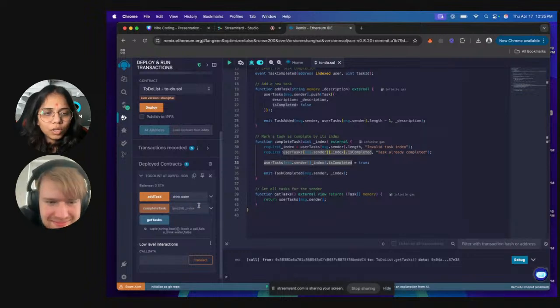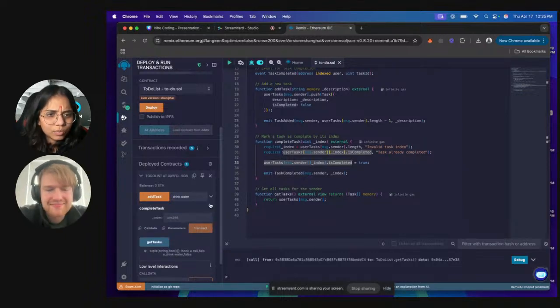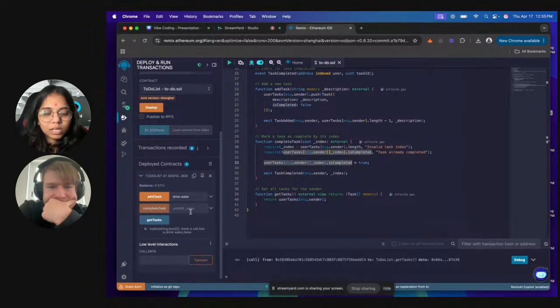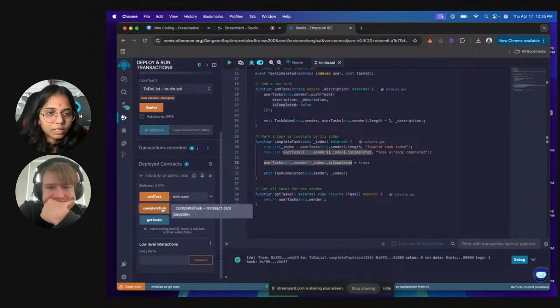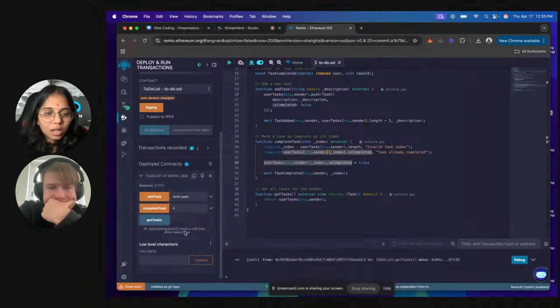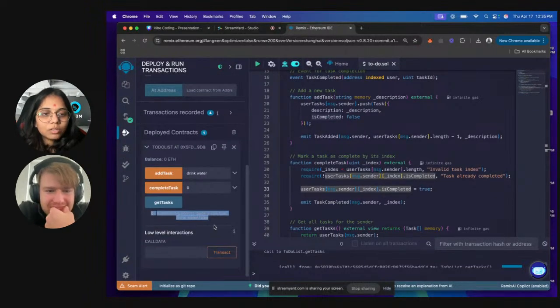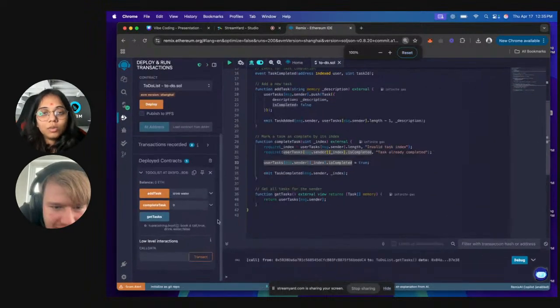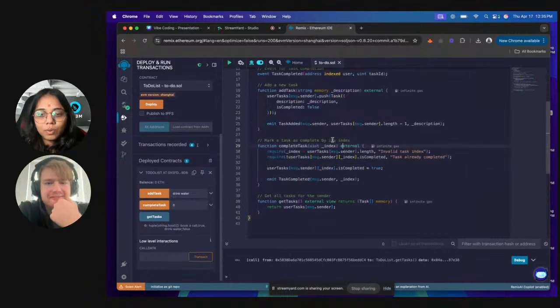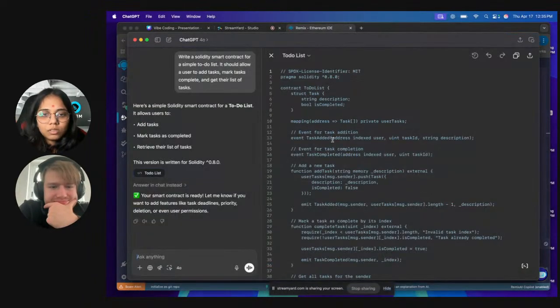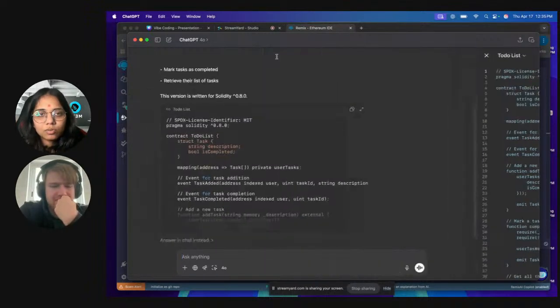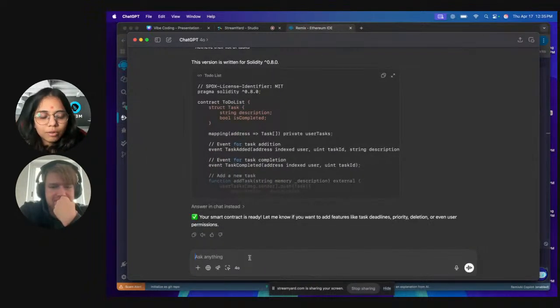Okay, so now we're going to use the index. It has written the index to complete the task. Okay, zero index, complete task. Okay, working, right? Let me make it a little bigger. So it's in working condition. Like what I asked, it has provided me. So let's move to the other thing: let's ask this to build a front end.